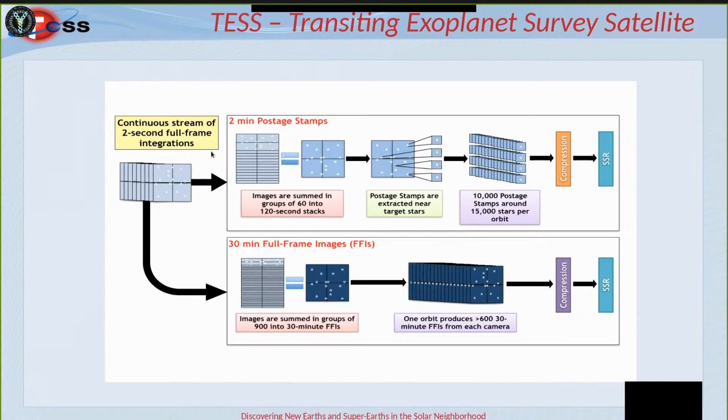So it's a very, very short integration time. And what is the advantage of a very, very short integration time? It means that you can observe quite bright stars as well, because in 2 seconds of integration time, the saturation limit of TESS is equivalent to a magnitude of 5, 6, 7, depending on the location of the sky, the location within the field of view because of the lens, and also the color of the